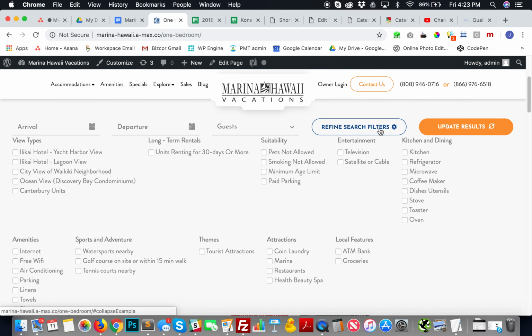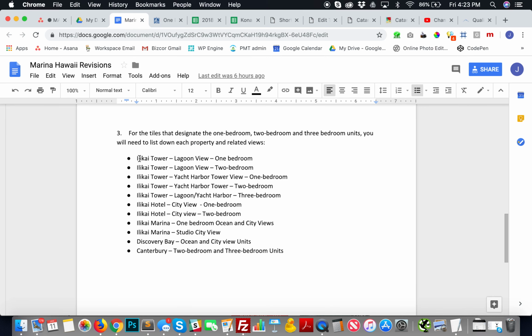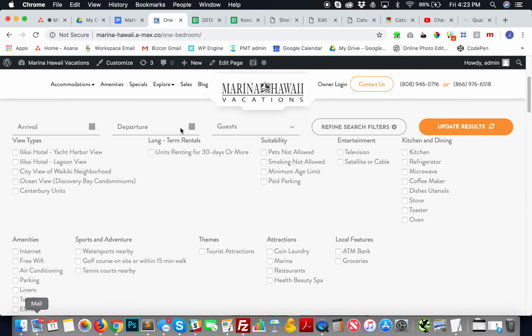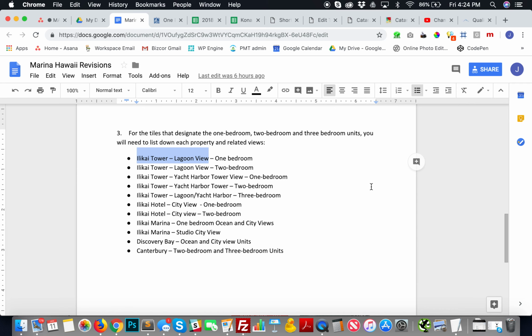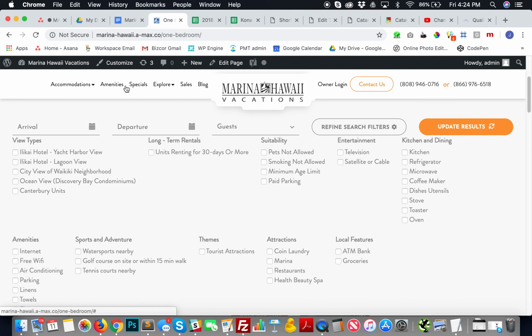And then through the refined search filters, have all of these set up so then they can choose, okay, I'm on the one bedroom page, it's showing all one bedrooms. Well, I want the tower with a lagoon view. They would choose that in this list here. That way, if they look through it and they decide, maybe I want to do the yacht harbor in the tower, one bedroom, instead of having to back click or go back to the home page and then reload